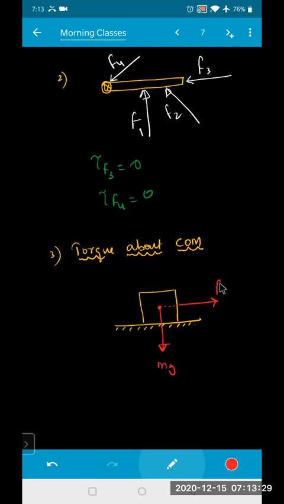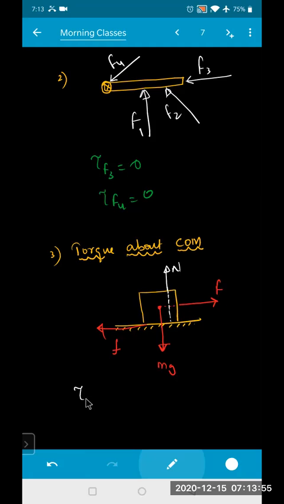When you are applying the force on this body, friction acts in the backward direction, and the normal shifts in the front direction whenever you apply the force. So the normal will try to shift in the upward direction, and this will be the position of your normal. Actually it should be at the center, but when the body is at rest, this normal passes through the center. When you apply the force, the normal slowly shifts in the direction of your force.